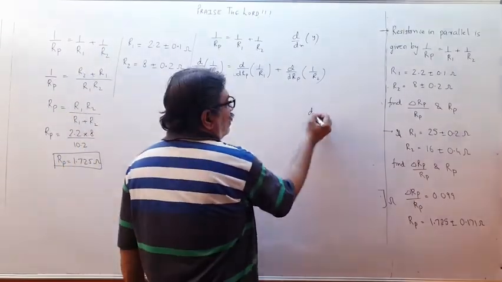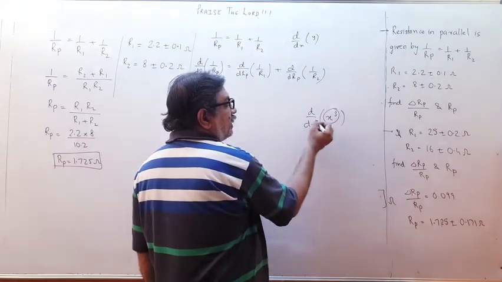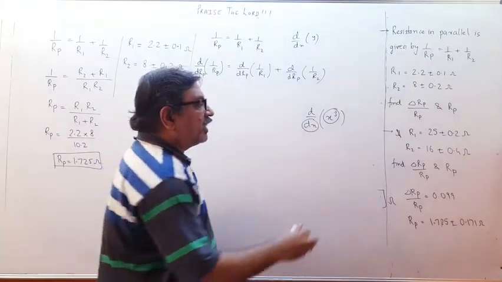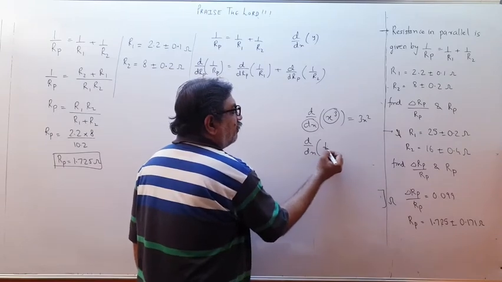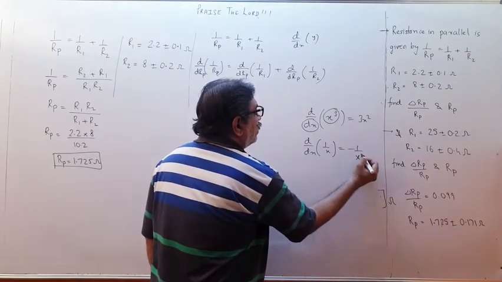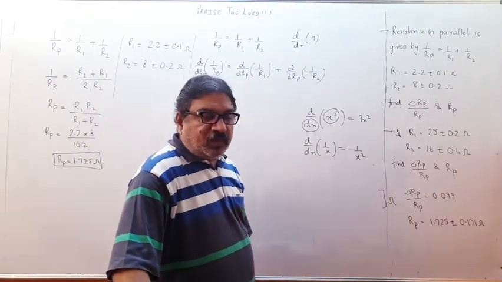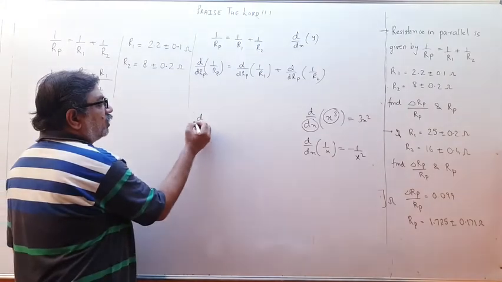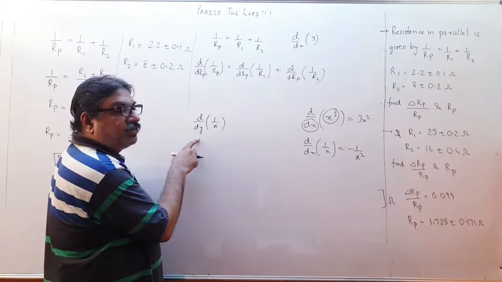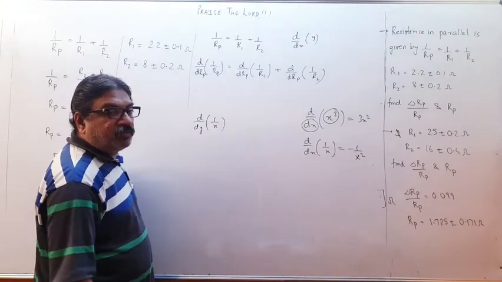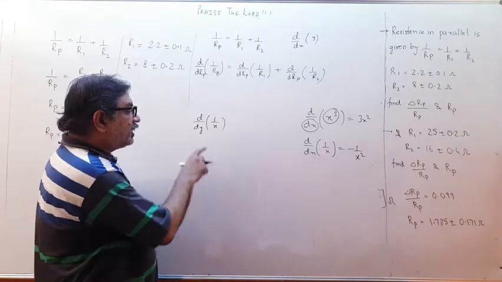Please understand, we have already seen that d by dx of x cube, where here there is a function of x and here there should be x, can be written as 3x square, or d by dx of 1 upon x is minus 1 upon x square. But children, watch nicely. If I have d by dy of 1 upon x, here there is x but here there is y. So I cannot write this as minus 1 upon x square. If there is a function of x, like 1 upon x, sin x, cos x, whatever, here there is not x.